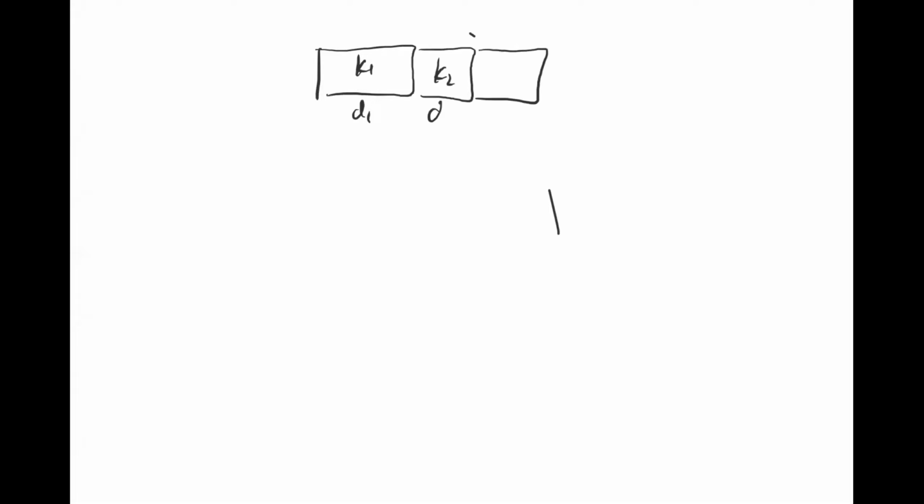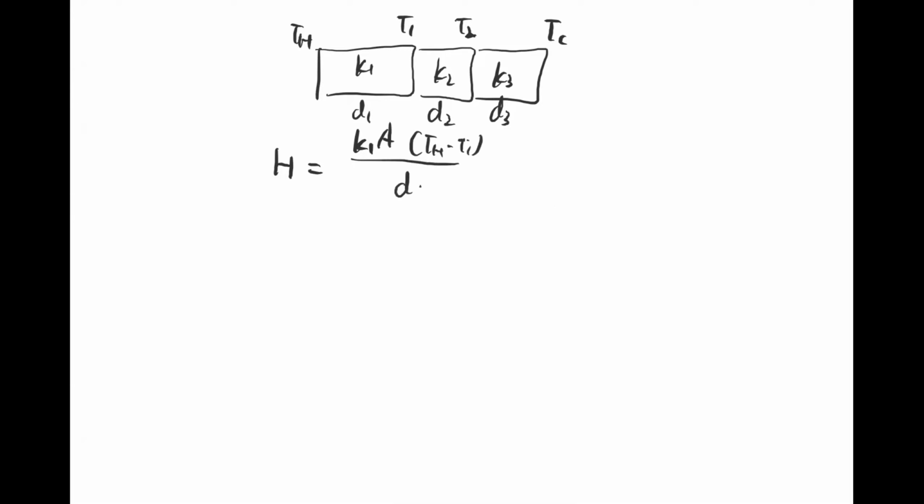So the main trick for this problem is that you have to notice that the heat current remains the same throughout the three mediums because they're connected. So we have K1 D1, K2 D2, and K3 D3, and the temperatures are here. So the heat current is the same. And if we use the equation that I talked about last time, then we have this equation,